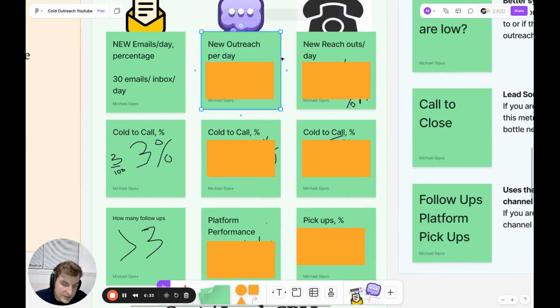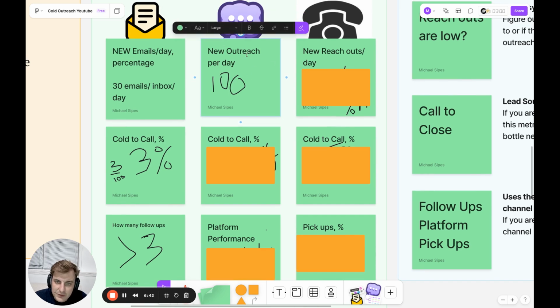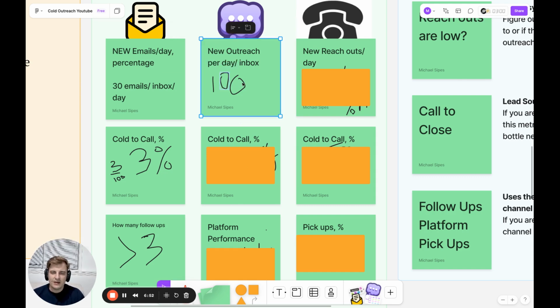So this is for DMs. Once again, this is the same metric across each one. But what do I say for this? Look, 100 new outreaches per day. I would say 100 per inbox. But honestly, especially for Instagram, I'm realizing lately, and after I wrote this, of course, now I'm going to have to change it. I would say it's more like